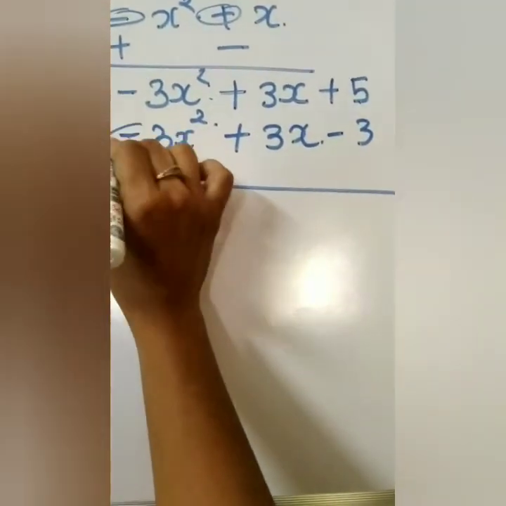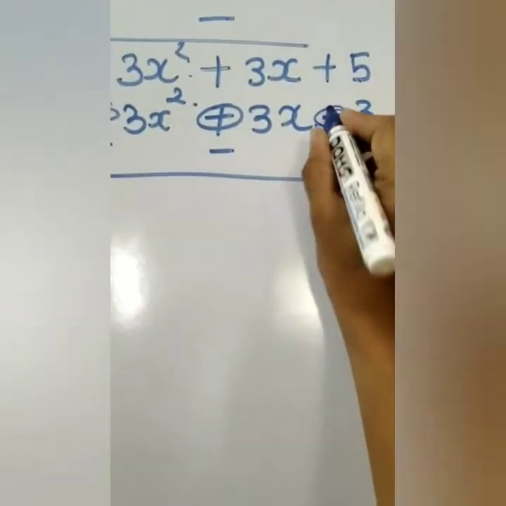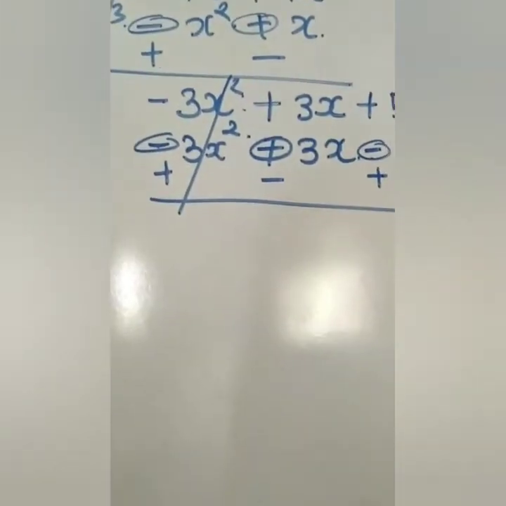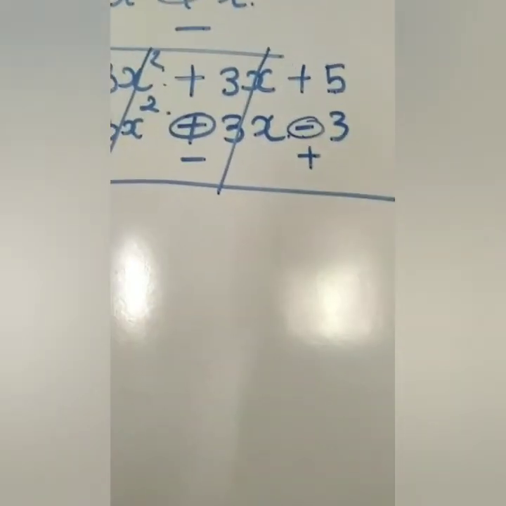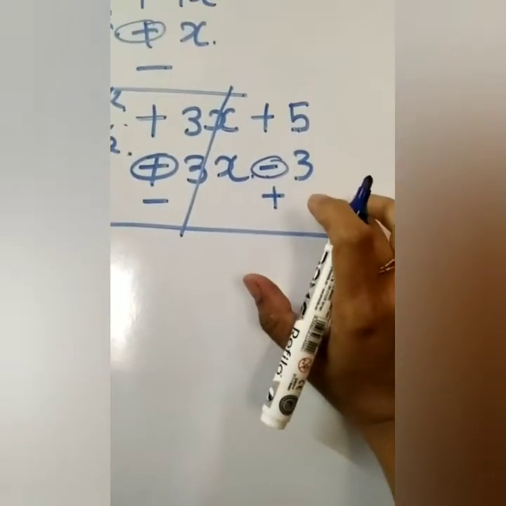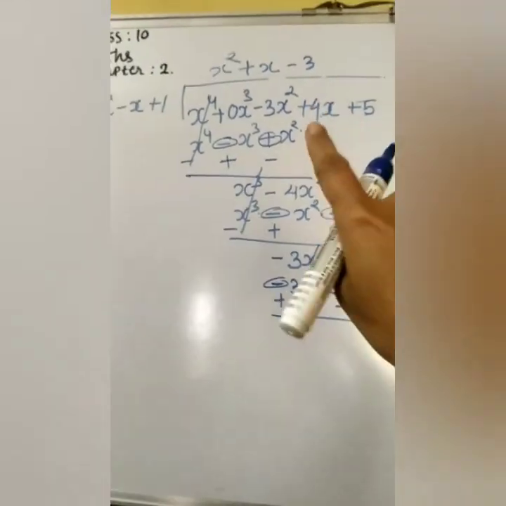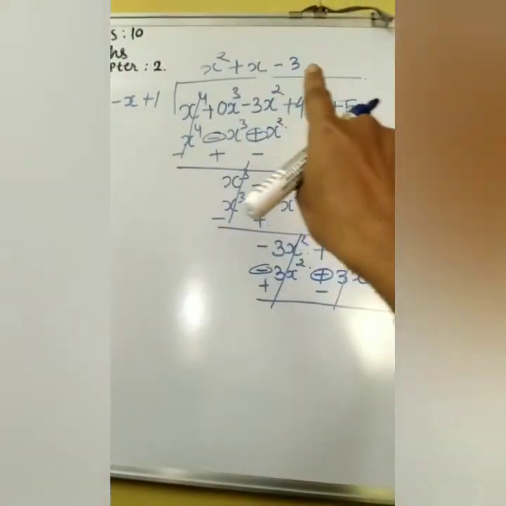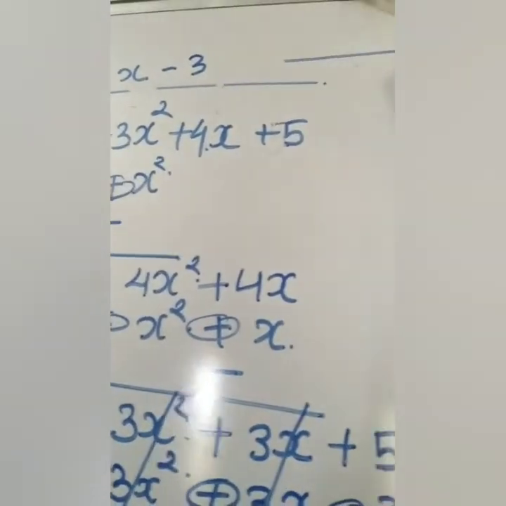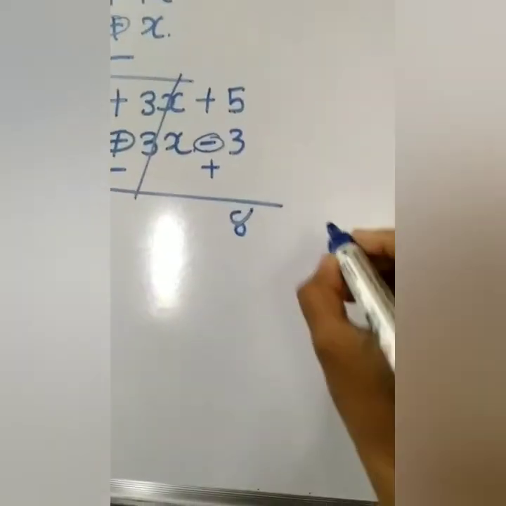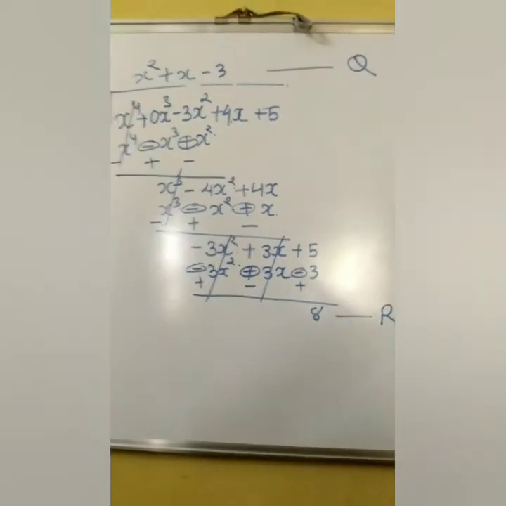Now here we have to change the symbol. Minus will become plus, plus will become minus, and minus will become plus, right? So we will cancel out the first term. Here again this is plus and this is minus, so it will again cancel out. Here plus 5 and plus 3 will become plus 8. So here they ask us, when we are dividing p of x with g of x, what kind of quotient you are getting and what kind of remainder you are getting. So we will denote over here, this is our quotient and this one is our remainder. So here you can see our question number 2.